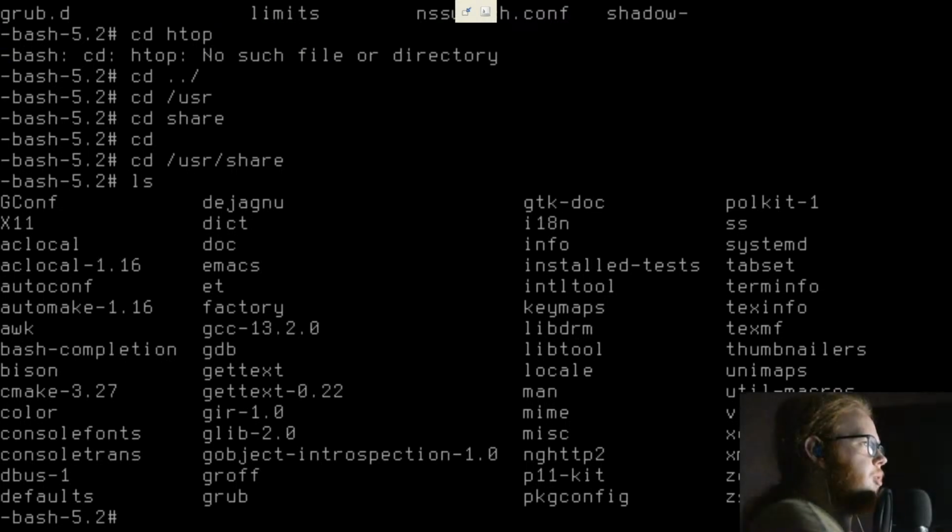We'll find out if this works or not. Well, I've changed it to as close to black as I can get it, so we'll find out. Anyway, where is my htop? Where is htop?